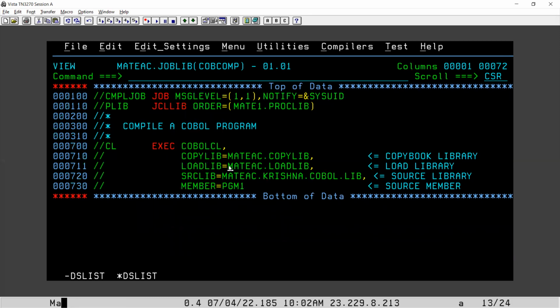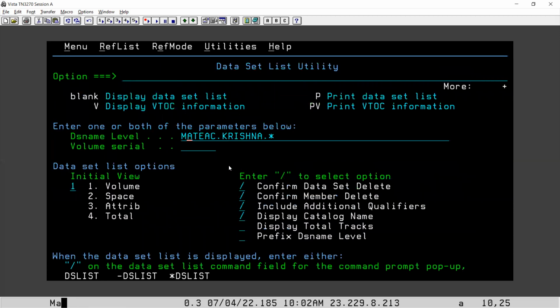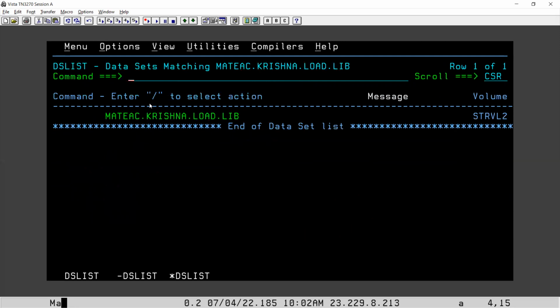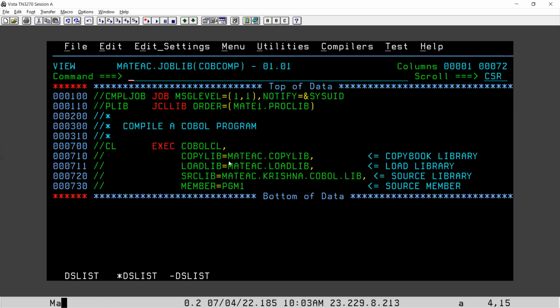We created the load library just now. What is our library name? mateac.load.lib. This is what we created, right? Currently it is blank. We don't have anything, just created. You can see no member present in this dataset. So we give this here as the load library. This will get the machine code after compilation. Machine code will be written